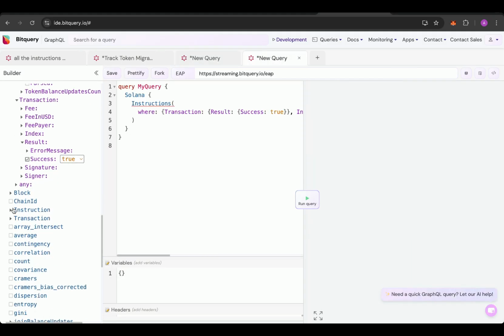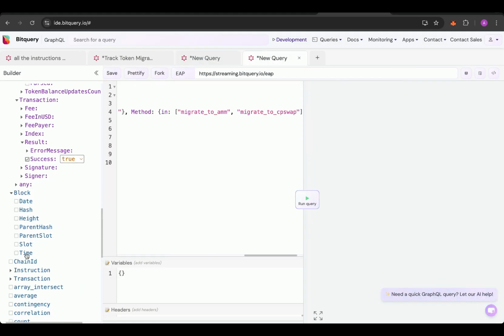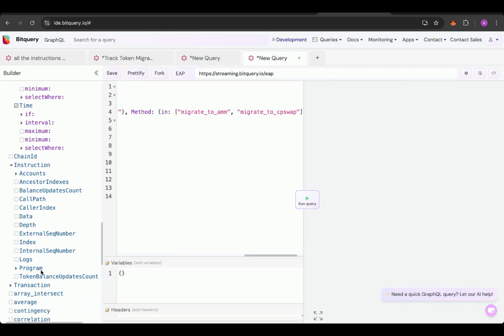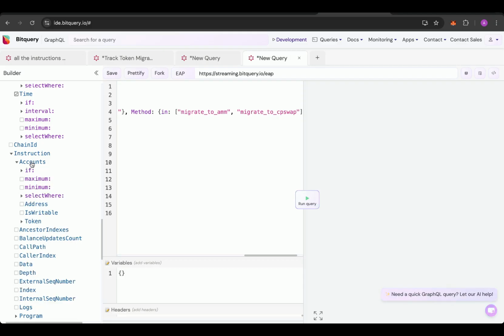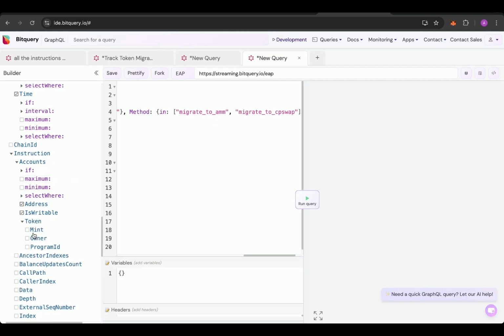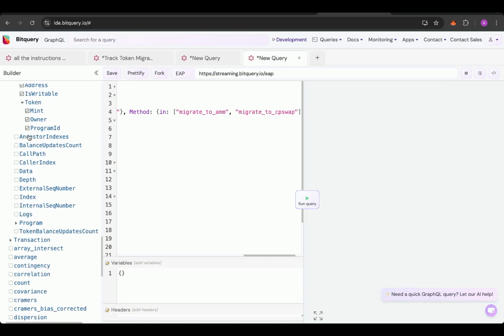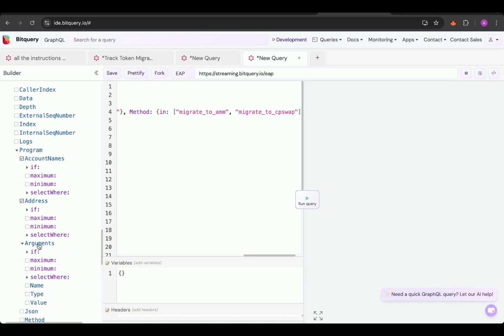Now select the fields we need. I'll select block time. Let's select block slot also and then select instruction details. In instruction details we will select accounts involved, the addresses of it, the token addresses, token owner, program ID. You can select all of these also, but I'm going to select program details, basically the account names, the address of the program, arguments, value type name.